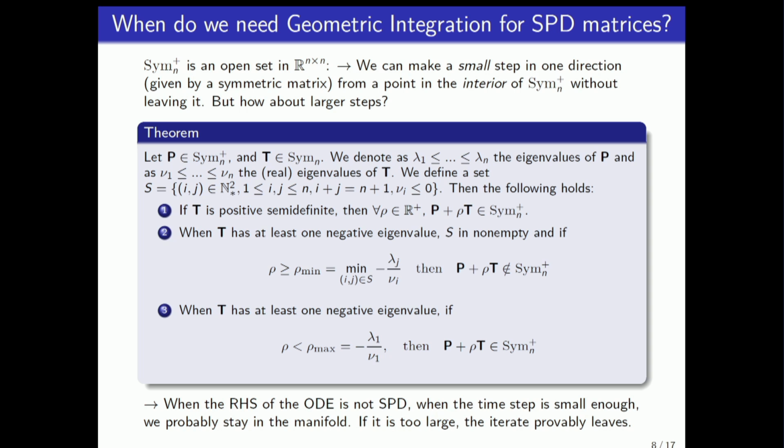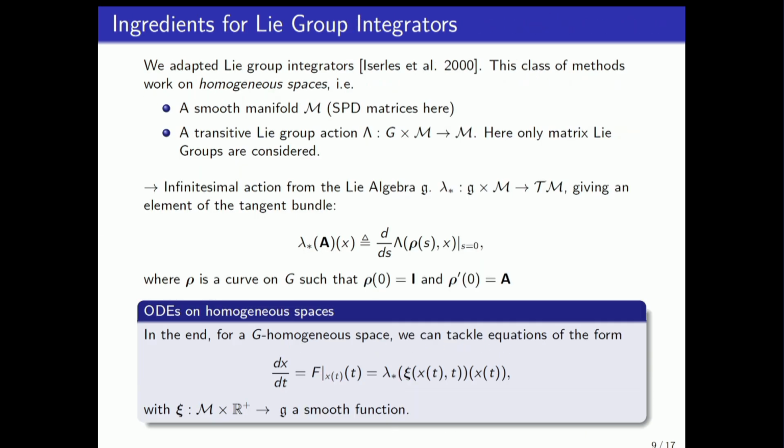So I'm not detailing this further, but we have ways of checking whether it's actually necessary to use geometric methods or Euclidean methods would be good enough at least to stay on the manifold, not from a numerical accuracy point of view. So in the case when you do need it, we use Lie group integrators